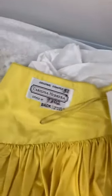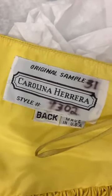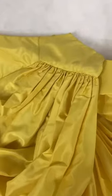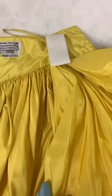I'm going to attempt a one-handed unboxing, and right on top you can see one of our most colorful Herrera examples, and I want to show you this tag. It says original sample and then it's handwritten with the style number. That bright yellow garment we saw is a short wraparound skirt, and I'll show you the full ensemble in a second, but you can see it clasps on the side, it has a lot of asymmetric pleating and gathering,